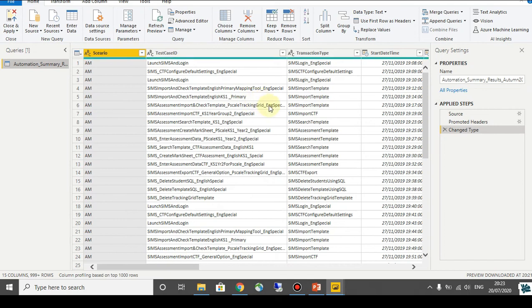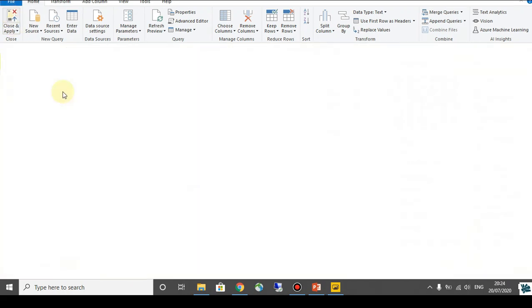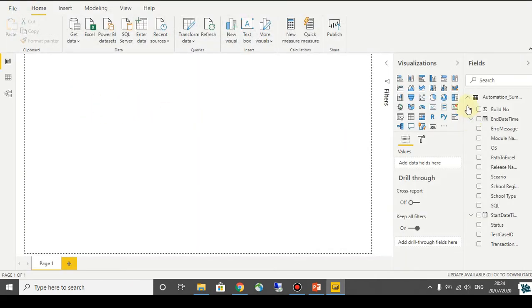This is the Power Query Editor where we can actually edit data, format any kind of data, and change the data types of any data. We can merge the data, we can split the data, we can perform some calculation on that data in the Power BI Query Editor. So just forget about this window, just click on Close and Apply.